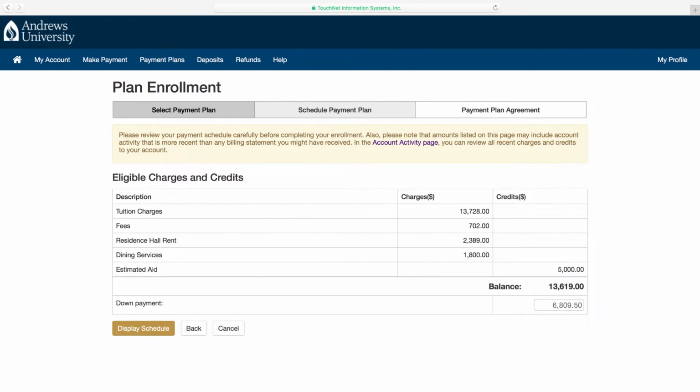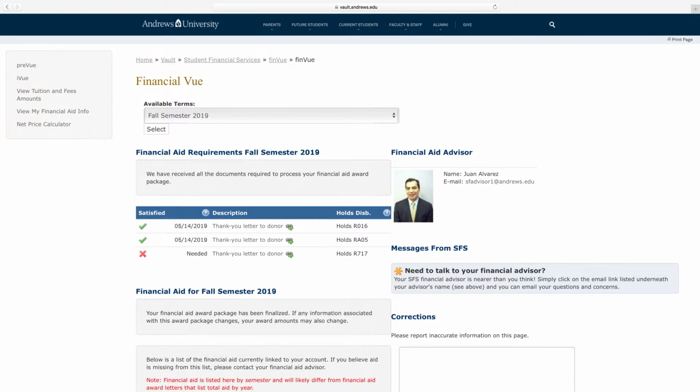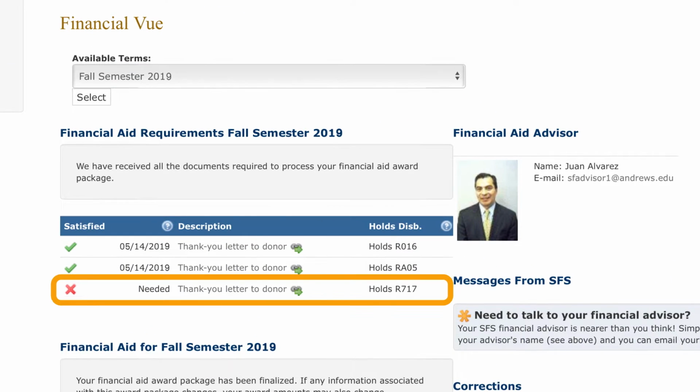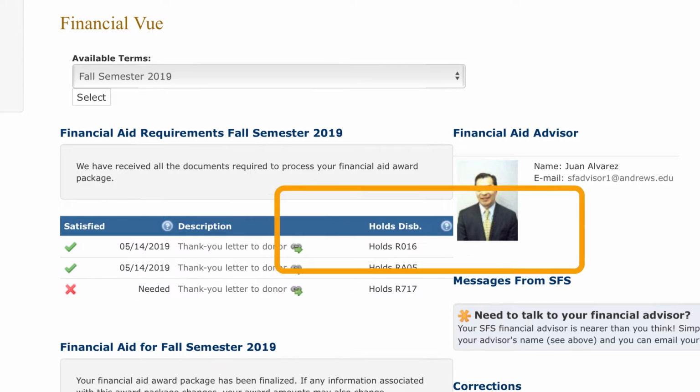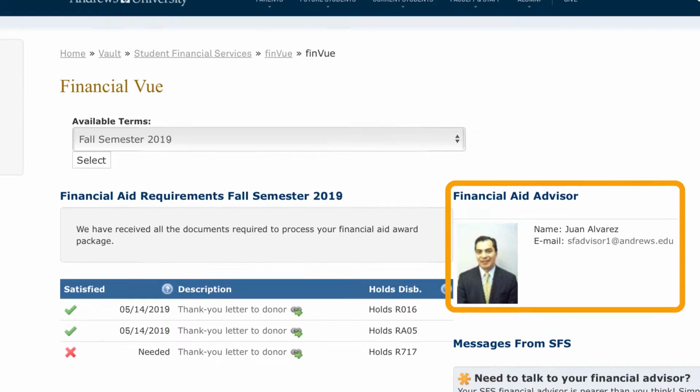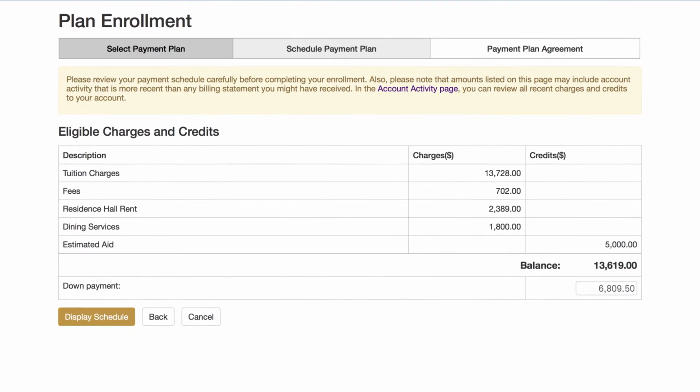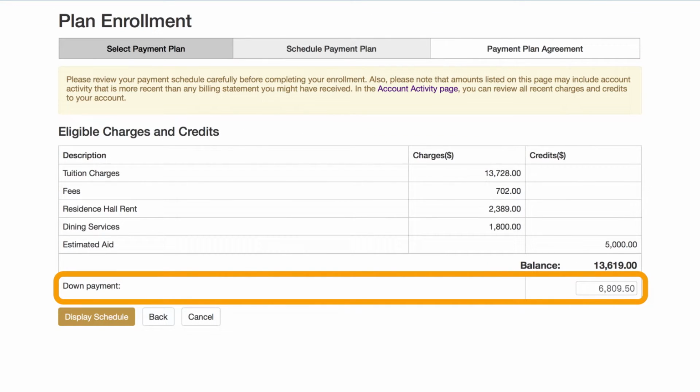If the estimated aid seems to be missing part of what you expected, please log into your FinView page to see if there are any incomplete requirements for this semester's registration. Then follow directions. If all requirements are checked off, but something still seems to be missing, please contact your financial aid advisor before continuing.